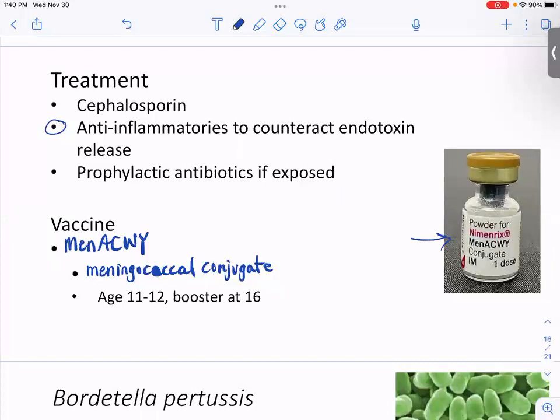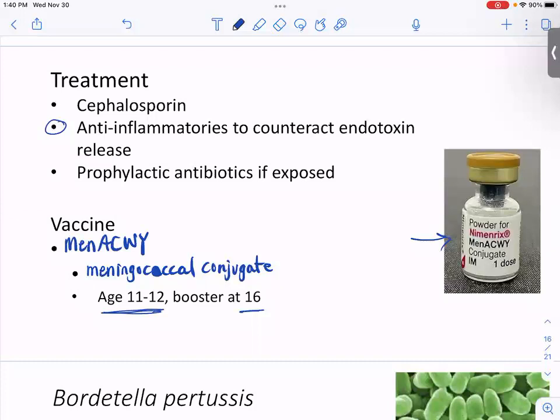So typically people are given the vaccine when they're around age 11 or 12, and then ideally get a booster maybe about the time they graduate high school, maybe before they leave home. So if this is something that babies get, why aren't we giving this to babies? The problem is it doesn't work in babies. So, you know, I don't know if any other formulation is in the works, but that's why we don't give it till later on.